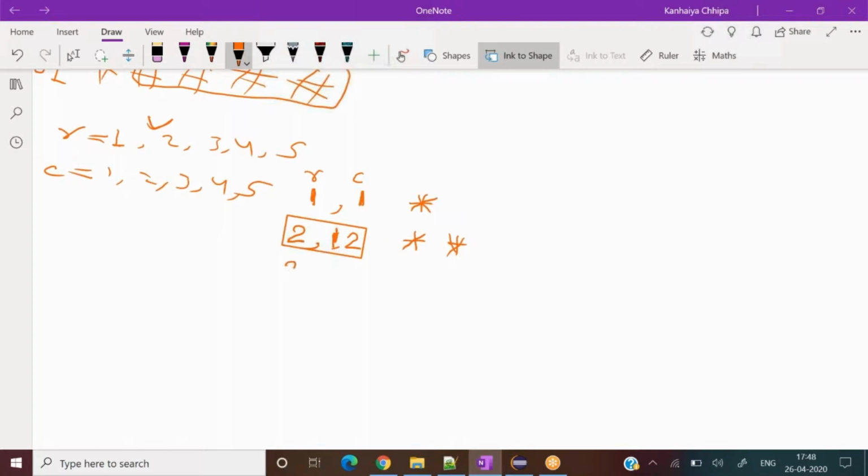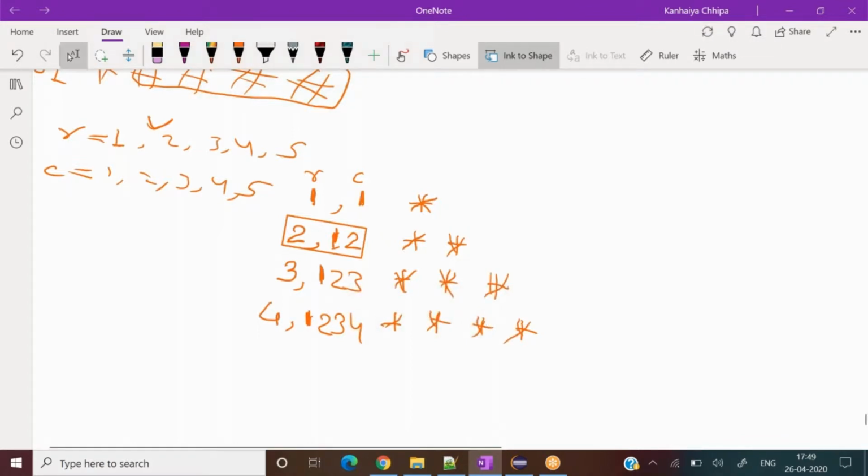Then what value will occur for the row? It is 3 now. The column will start from 1 again, so 1 star gets printed, then 2, the second star, then 3, the third star. Then 3 equals 3, so it will be terminated from here and go to the outer for loop. Then the row becomes 4, and the column starts one more time from the first. So the first, second, third, and fourth stars get printed, and 4 equals 4, so it will be terminated from here.